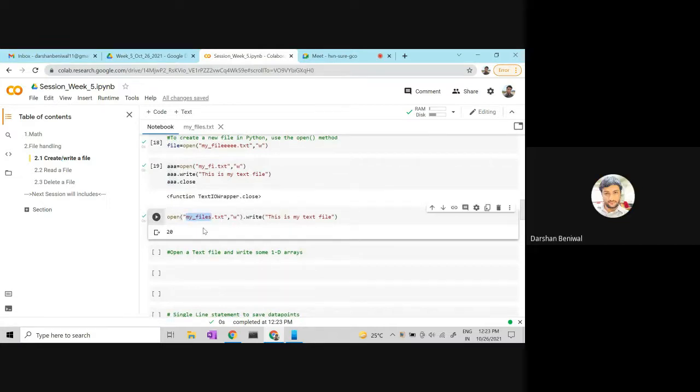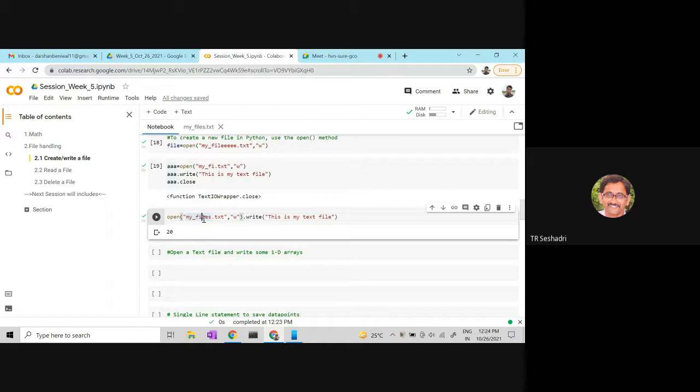Let's say in this command I just define the text file name, and I store it in this given text file. Suppose a command like AAA equal to open quote W has sufficient information to say that there is a file called AAA and I am putting it in write mode.